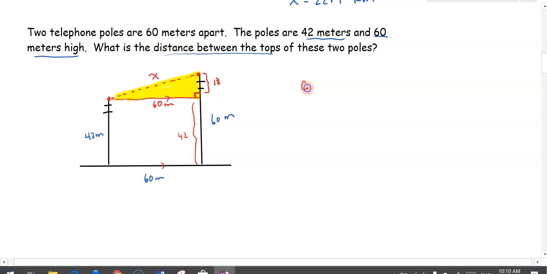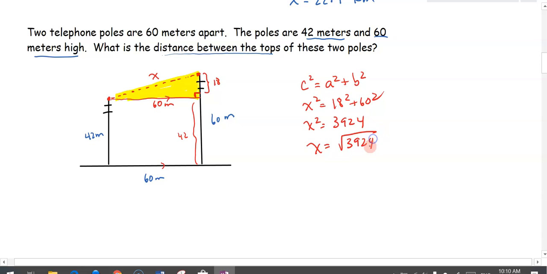So I can say, well, the x is the hypotenuse, so c squared equals a squared plus b squared. Or in other words, x squared equals 18 squared plus 60 squared. Go to my calculator and type in 18 squared plus 60 squared. And I get x squared equals 3,924. Or in other words, x is the square root of 3,924. It doesn't tell me where to round off, so I get this on my calculator,